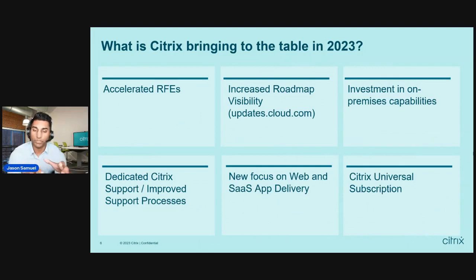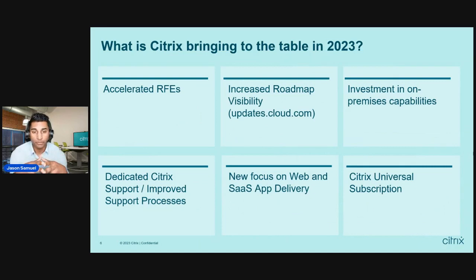Now, with a lot of these changes, we have a lot more flexibility internally, so that when you do have these requests for enhancements, yes, you still go through the technical team and your sales team, but once they enter the RFE, we have a lot more flexibility on what to prioritize and in applying the bandwidth necessary to get that out to you. So that's the number one change that I think is really important for 2023 and onwards. That's going to impact you directly as both customers and partners.